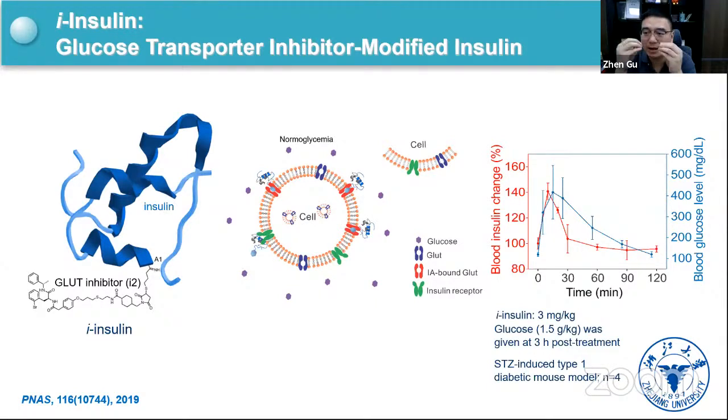So we link them together, and then through injection, like a sub-Q injection, or transdermal delivery of such insulin through the microneedle array patch, they can form a balance toward the cells. They can either bind to the insulin receptor or to the glucose transporter. And then once blood sugar level goes high, the glucose can competitively enter the